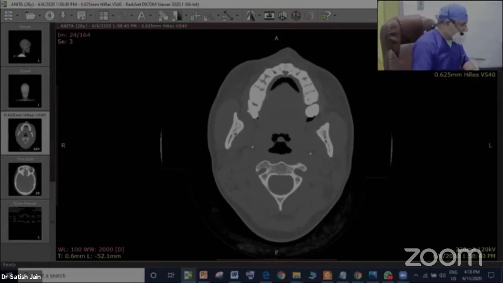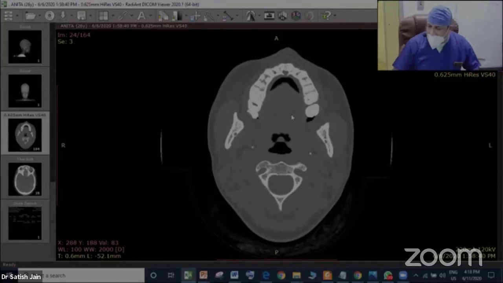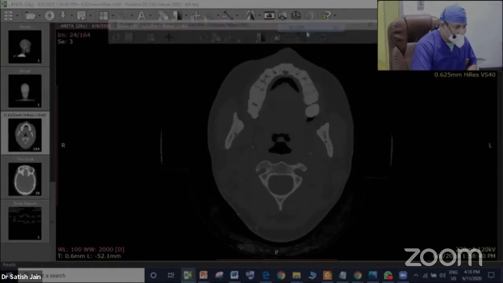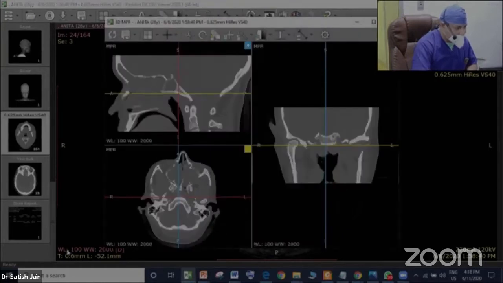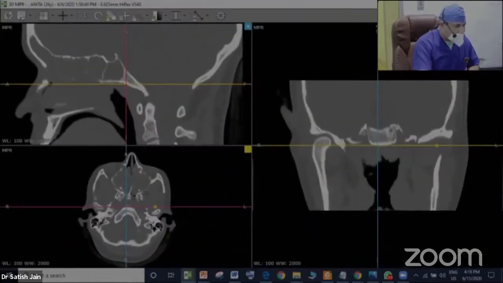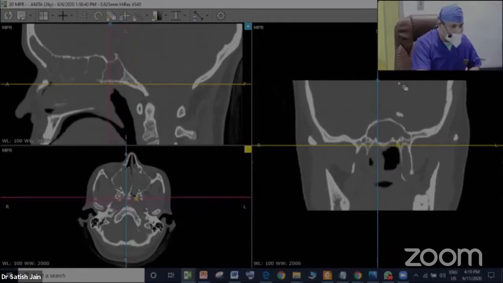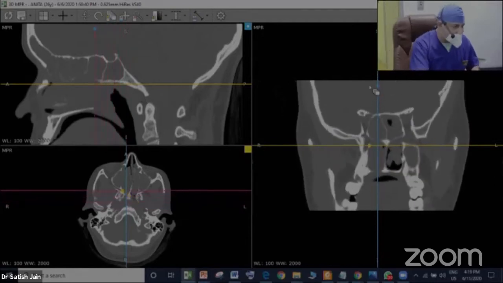So the CT scan of the paranasal sinuses that we order is a fine section, 0.5 mm, 0.6 mm, in all planes and in a DVD. This CT scan is always shot in the axial plane, and then we can reconstruct with our own software into all three planes. You can see this was the axial plane which was shot. You can see the slices are 0.6 mm. The entire area scanned was around 20 centimeters. And what we reconstruct in three planes as the end product is this kind of CT scan.